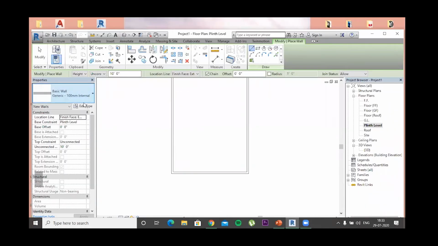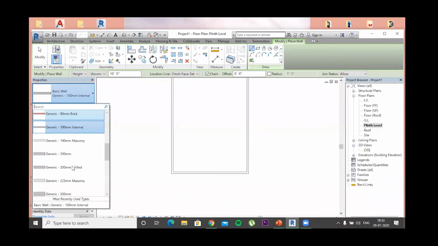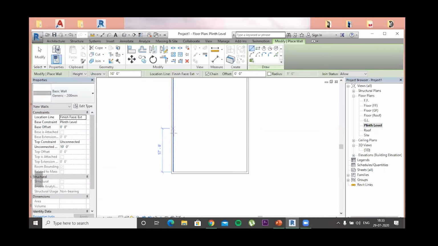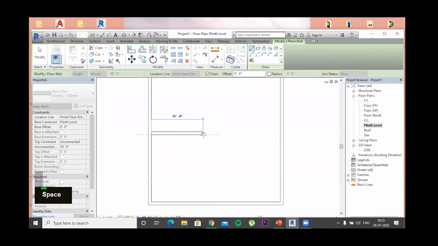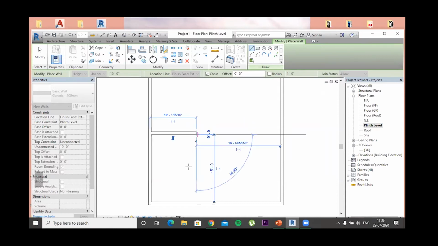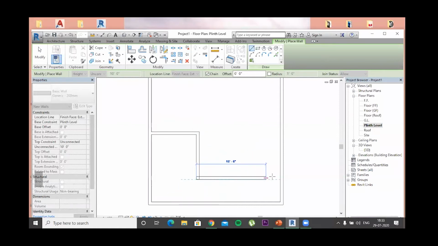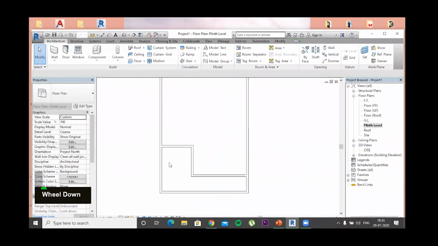Now first of all, we have to make our parking space. For example, we'll make it at around 15 feet, then 10 feet, and then maybe 5 feet veranda. Okay,